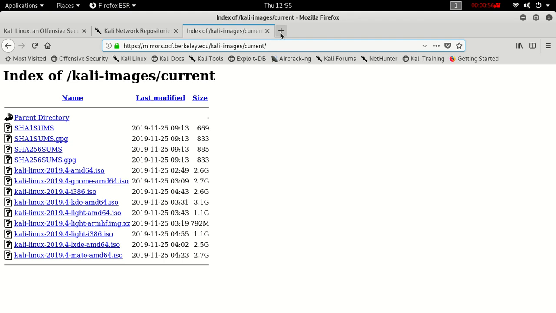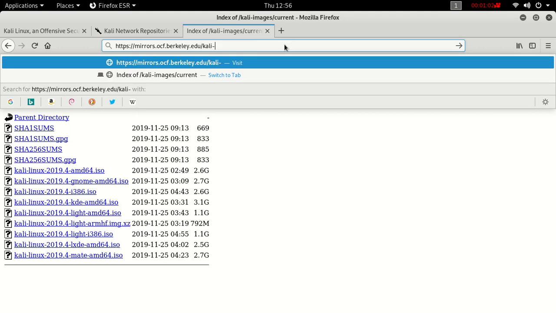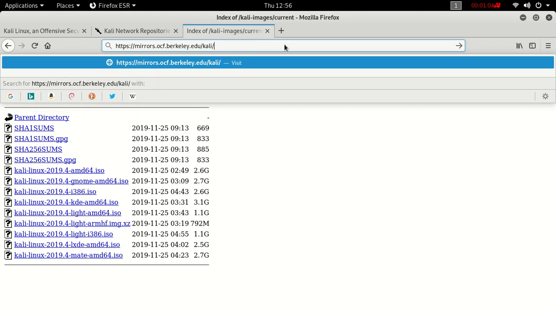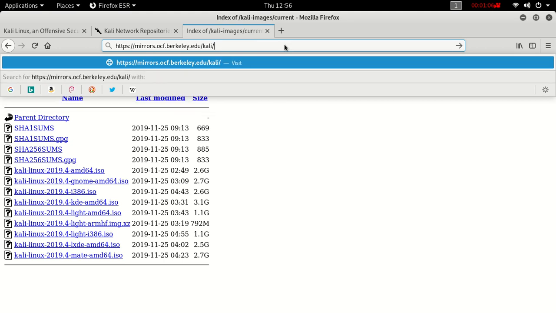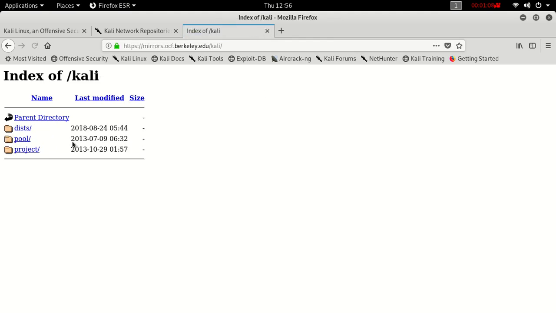So after that you have to remove these images and current, and press slash there and hit enter. So you will see the index of Kali. So then you have to copy this link,